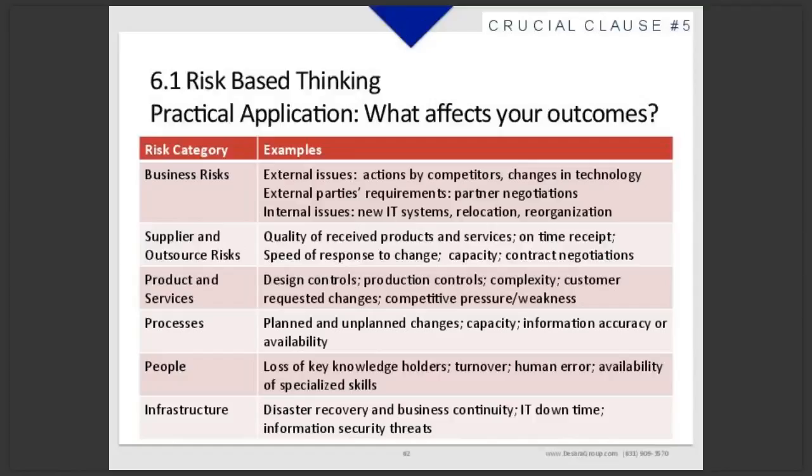So they can affect your outcome by having a supply glitch for your suppliers. So you want to list what are those kinds of risks related to suppliers, risks related to your products and services and your processes. How about risks related to your people? If you lose someone who's a key knowledge holder, or if you have turnover, or if they have errors, well,